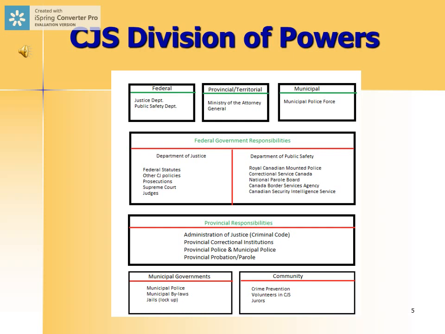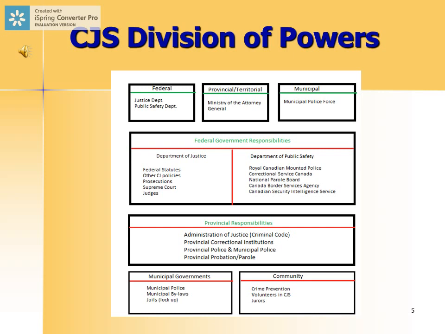And finally, under municipal governments, as I mentioned, their prime contribution to the Canadian criminal justice system is to operate a municipal police force. They will also enact municipal bylaws, but again, these are not criminal laws. They're not Criminal Code laws, so technically it's not within the criminal justice system. Municipal governments will also operate jails, or what's often called lockups, and those are temporary prisons for offenders that have been arrested and need to be held in jail before a court, or between a court date and when they're transferred to a correctional institution if they're convicted.